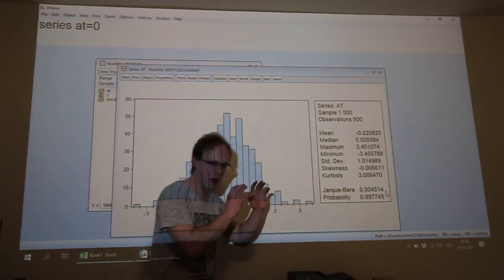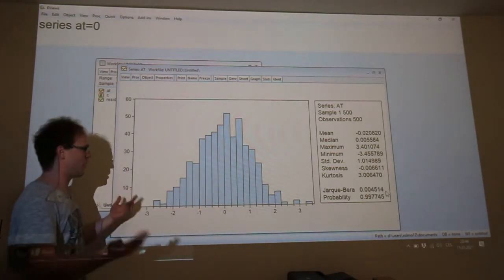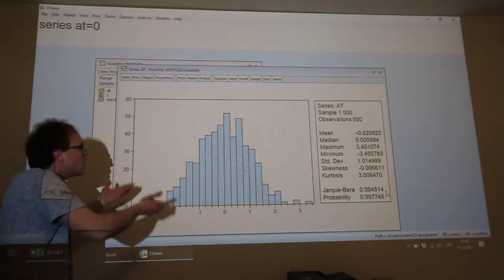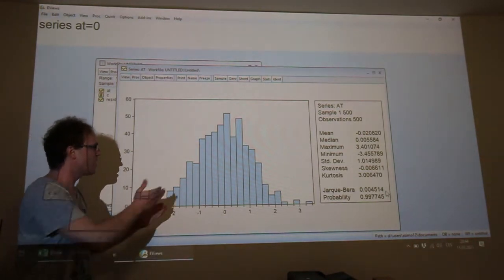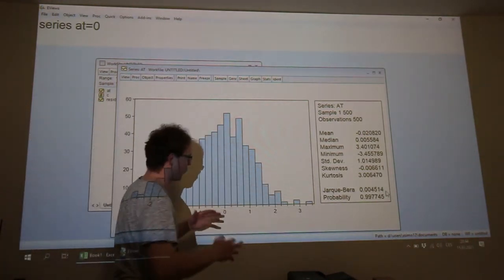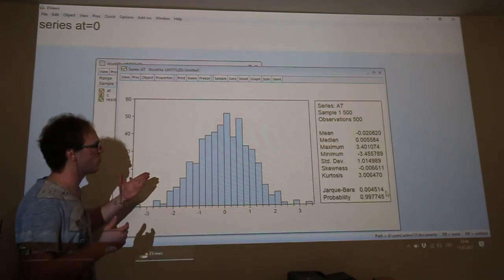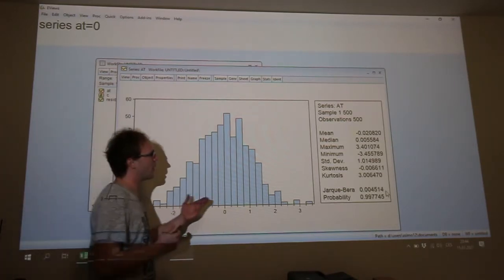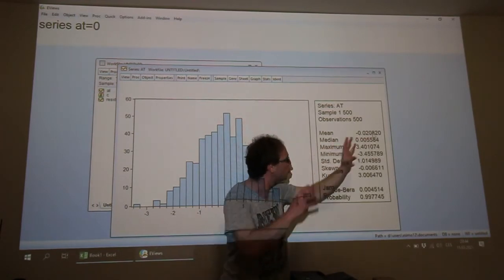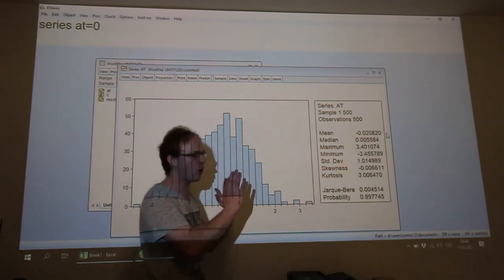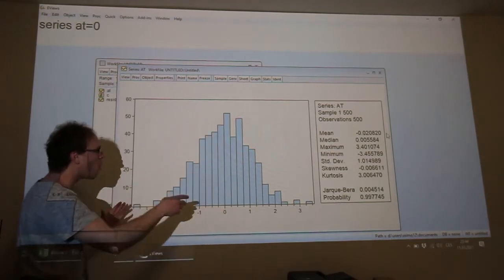P-value is almost 100% because we set the generator so that this must be a process with values from normal distribution. You can see that mean is minus 0.02, very close to 0.